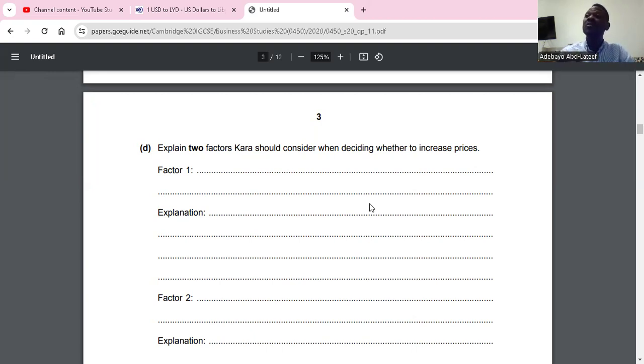So if the number of competitors in the market is high, it means Kara would find it difficult to increase price, because at that point in time, Kara must also try to sell at almost the same price as its competitors, using maybe competitive pricing. If the competition is more in the market, Kara would not be able to increase its price, because if it does, customers will start seeking alternatives. But if the competition is less, then Kara could easily increase price, because its customers do not have more choice to make. I think the point is clear there.